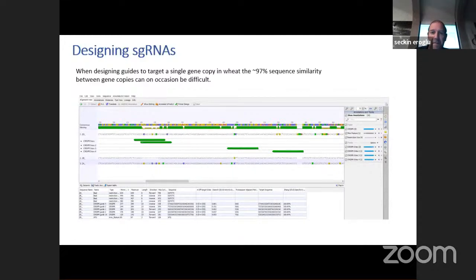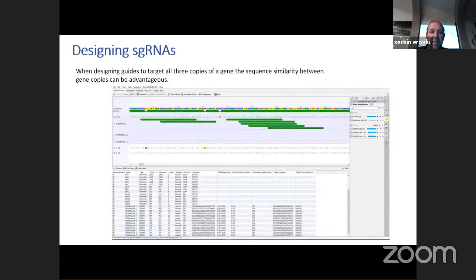However, if we're planning on knocking out all 3 subgenomes, then I tend to align the sequence, and I then look for similarities. I look for areas of homology. I can then design my guides, and these guides, to the right of the screen, can actually target all three copies. So I would then choose